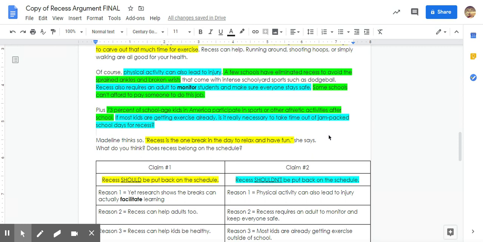So when you're going through and you're looking for what to highlight in green, after you've got claim one side, and then you've got claim two, the other side, you want to go back through your article and look for those examples. Look for that evidence. You guys did this last week with those short little passages where you were looking for a claim and a counterclaim, and the other stuff in between. We were highlighting that and pointing out which parts of it were evidence, which parts of it were explanation. You're doing the same thing here. It's just a little bit longer of an article.